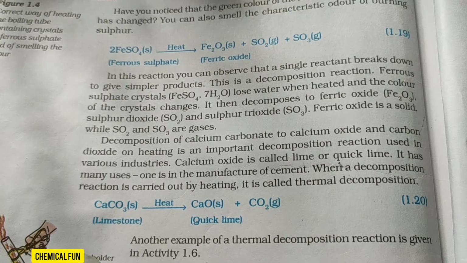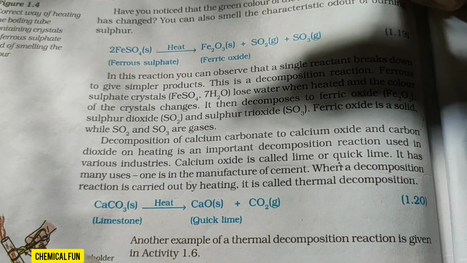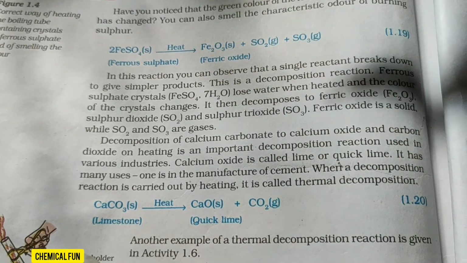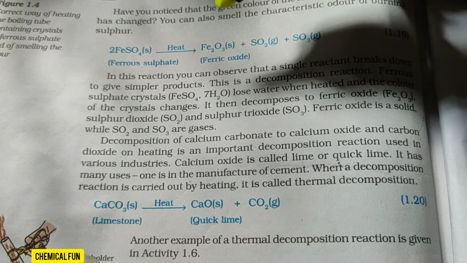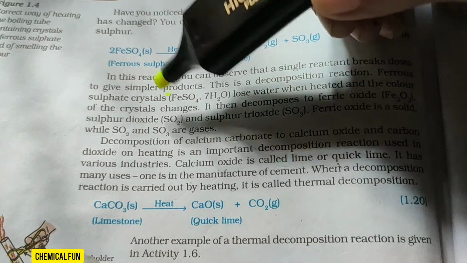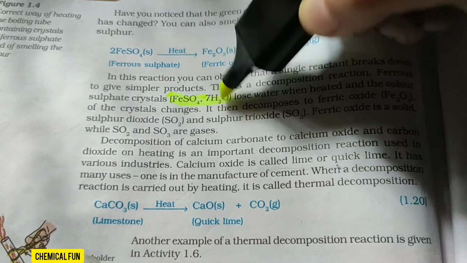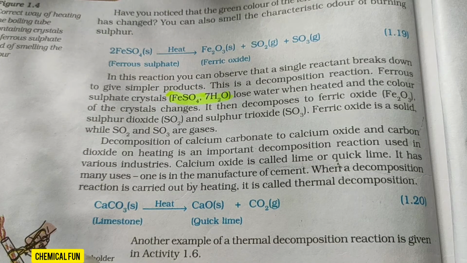So here it says ferrous sulfate crystals. Can you see the formula of the ferrous sulfate? In general we write FeSO4, and here comma 7H2O is given. Okay, so this is something called the water of crystallization, which we are going to learn in chapter 2, that is the acids, bases and salts chapter, chapter 2 of this class 10 book. So FeSO4.7H2O is the actual formula of ferrous sulfate, but in general we can neglect it and write FeSO4. Why is that? We will learn in the next chapter. So as of now you just learn this.